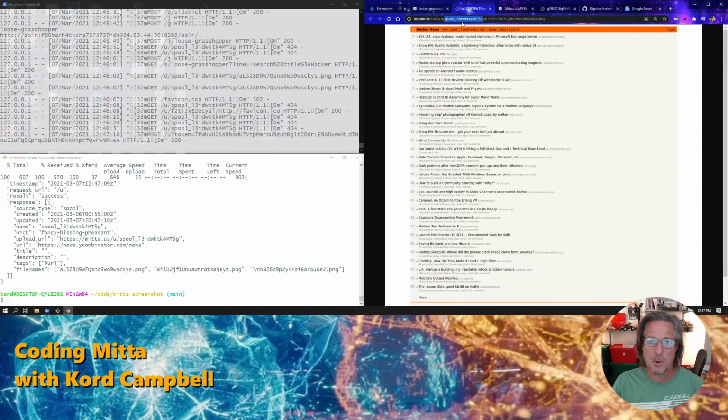It's kind of like before you could take that and you could go look it up, but now I can't. But I can see here that it's the same. So I am able to look it up by doing this, and I can see that it's fancy hissing pheasant. And then I could do a curl HTTP localhost 8080 on you fancy hissing pheasant. Yeah, question mark token equals